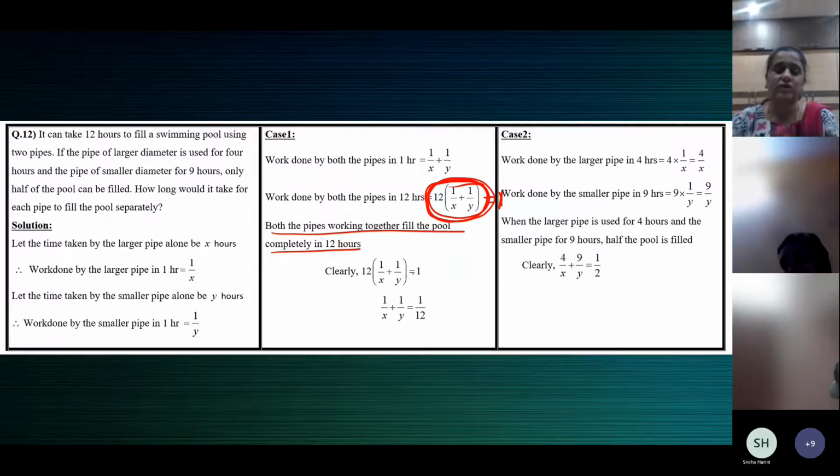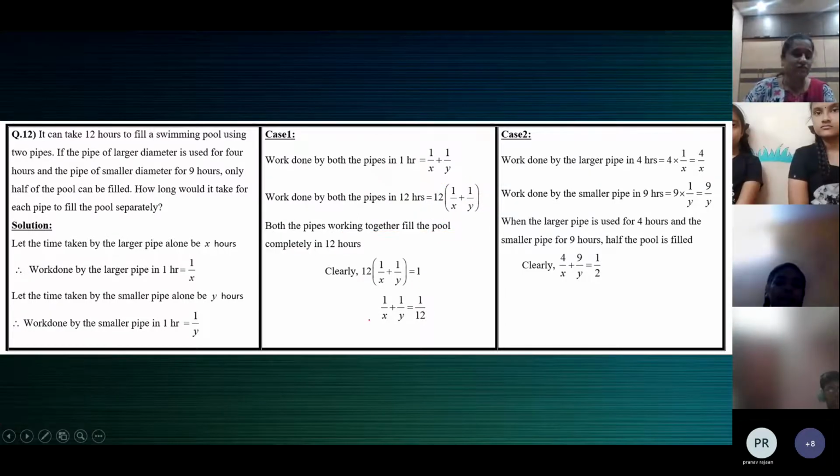And this one is equal to 1. So the first equation: 1 by x plus 1 by y, this 12 comes for division here, 1 by 12. So 1 by x plus 1 by y is equal to 1 by 12 is the first equation. We have done this earlier. Long back we have worked this question. I don't know if you can recall, but I thought I'll do it again